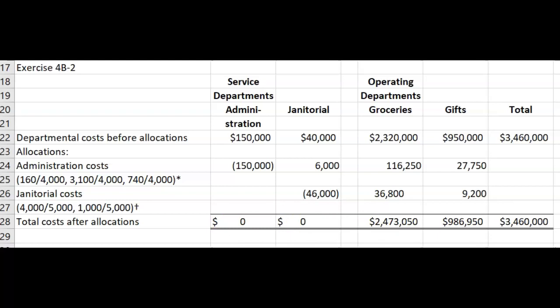Our focus in this chapter is strictly the service department supporting the operating